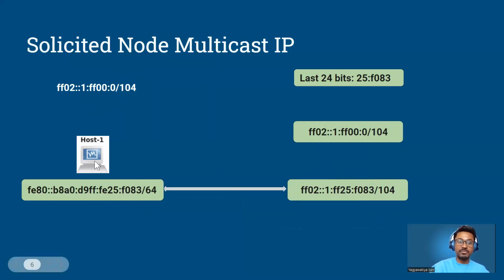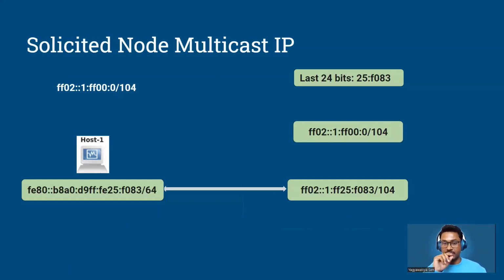What it means is this particular host, which has this IPv6 on one of its interfaces, would subscribe to this solicited node multicast IPv6. It means any packet whose destination IPv6 is this solicited node multicast IPv6 would be received by this host. So if there is any other host in my segment whose last 24 bits are the same, then the neighbor solicited